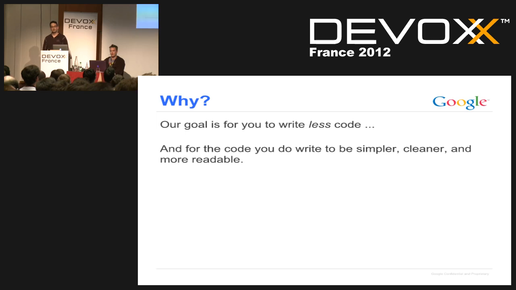Why do we do this? Guava's goal is pretty clear. We want you to write less code. We want you to accomplish the same things and have less code to write to do it. But also, we want to make sure that the code that you do write is as simple and clean and readable as it can be. If the utility libraries that you're using don't have the exact right behavior and you have to work around them, it makes your code harder to understand. If your utility libraries have not very well named classes and methods, then when you read your code, you're going to be calling not very well named classes and methods. It makes your code harder to understand. So our goal here is really not about our code, it's about what we can do for your code to make your code the best it can be.